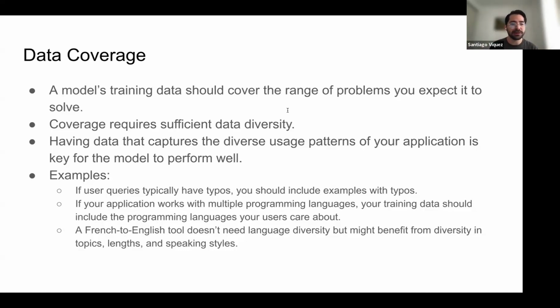Maybe there's not enough coverage of things that you didn't expect your users to do, but they end up being beneficial. So you want to increase coverage in those topics. So yeah, good comment. But that's coverage: basically having the right mix of ingredients that you expect users to care about.